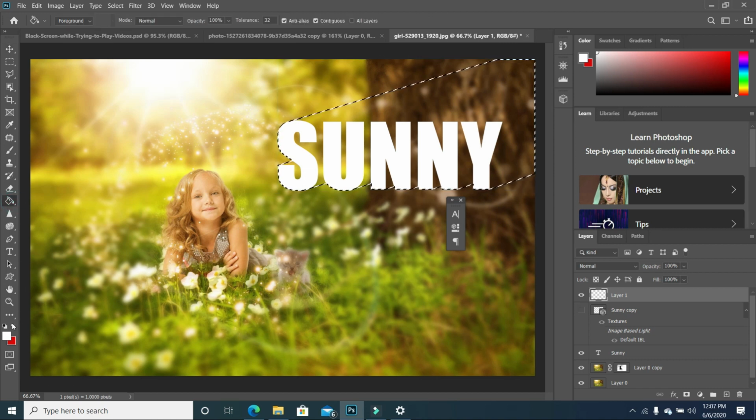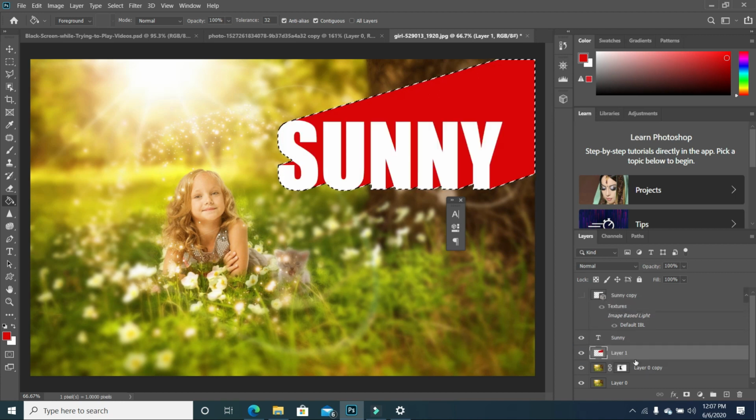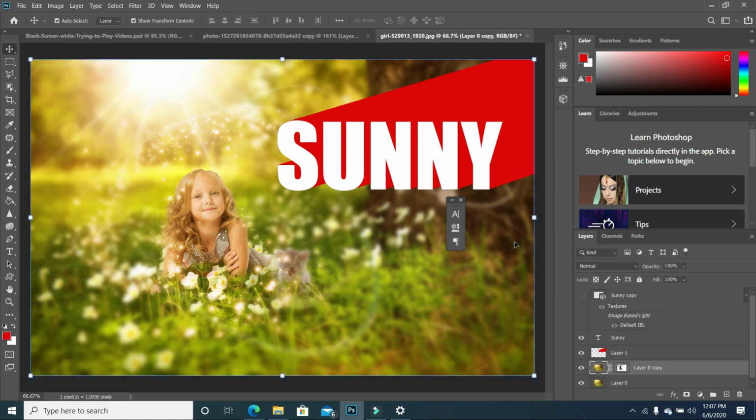I'm just going to use red, and I'm just going to paint that in. But you want to make sure you bring that layer beneath your. This is just to show you what you can do. So if you change your angle, you can see that there are so many different cool effects that you can achieve with this. But I just wanted to give you the basic so that you can see the potential of